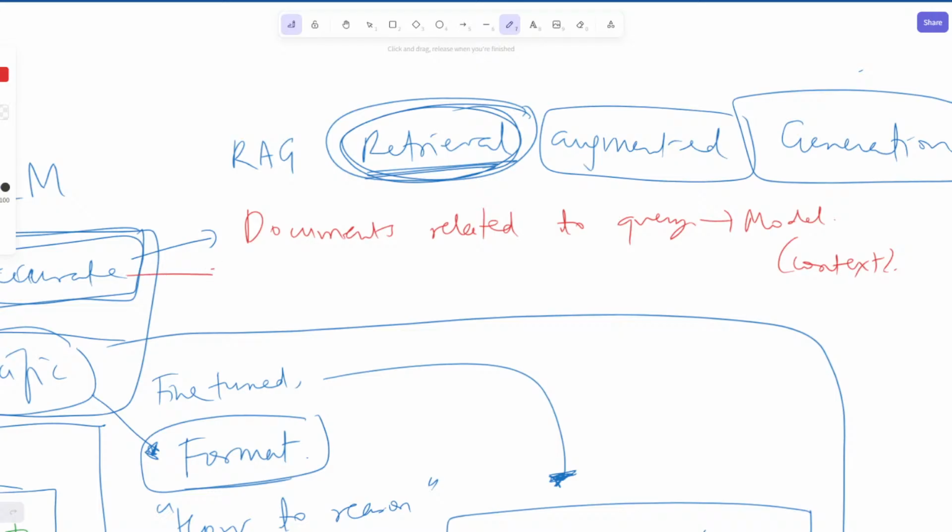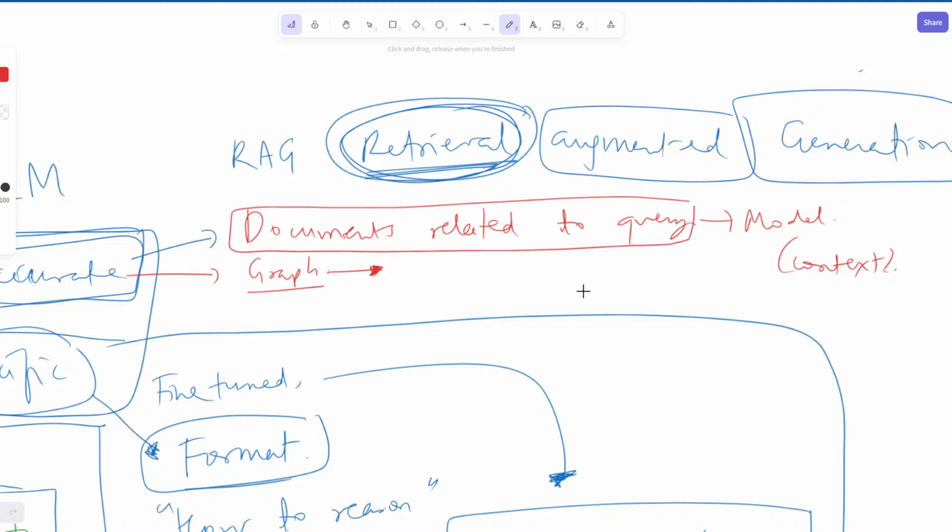Some of us are coming up with a thought of we can use a graph DB. The graph DB can point to relevant sources. We can manually maybe set this up. How can these documents be found quickly and without setting things up manually in a graph? How would you set up your system so that it finds documents related to the query quickly?